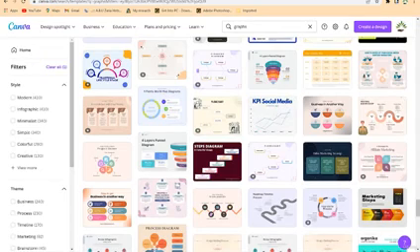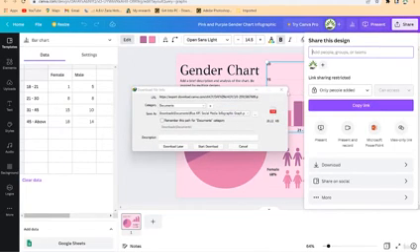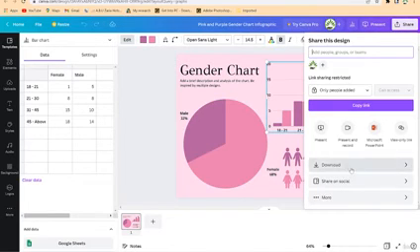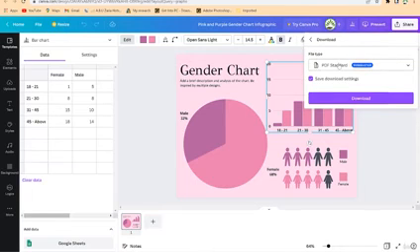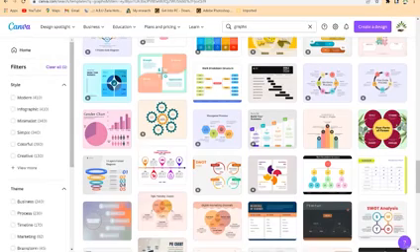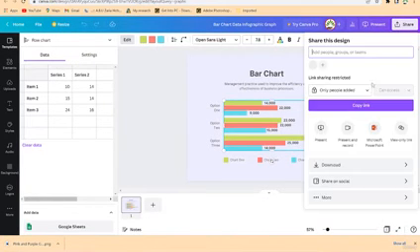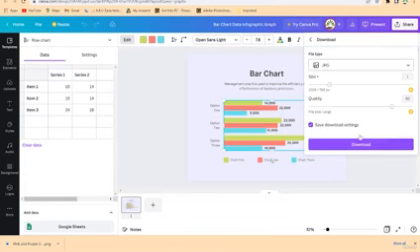You can go back to this other bar chart and just click and download in PDF. Okay, share, and then you can download. You can make it in PDF or JPEG. Let's say PNG. Just click to download. Now downloading, and you can come to the other bar chart also. You can just easily come over here and download it very nicely, and you can insert it into